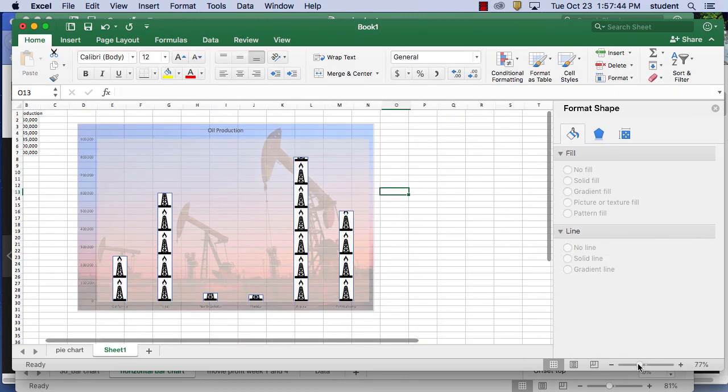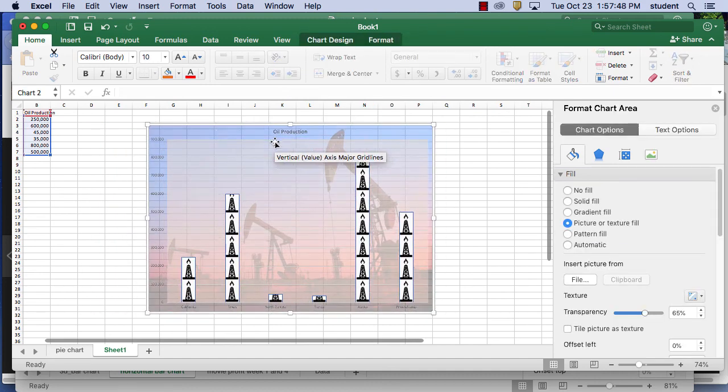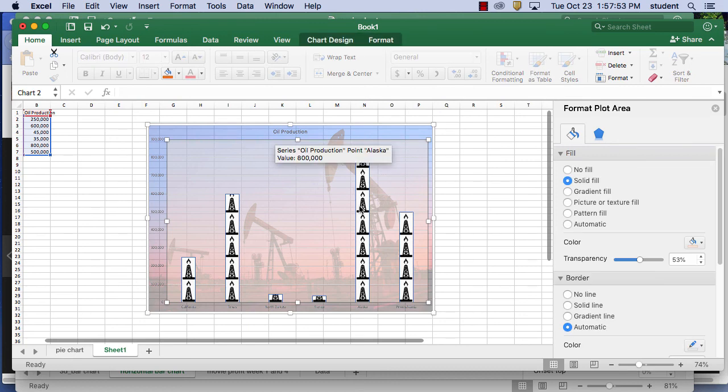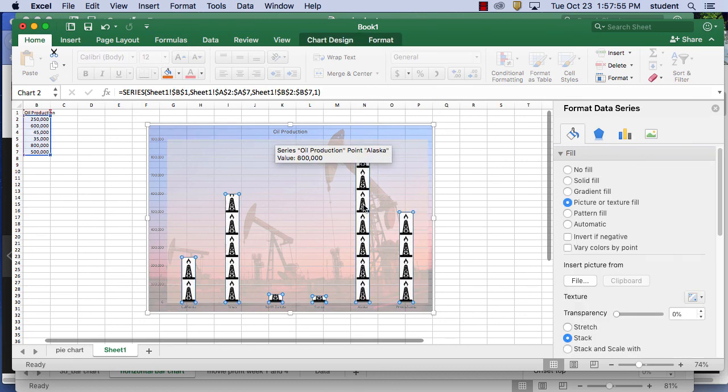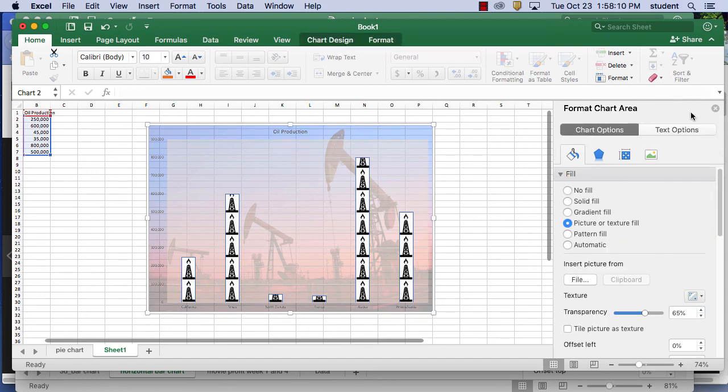So again, I gave my chart a background image. I turned the inside of the chart with some color. I put some graphics into my bar chart here. I put a line around there as well as a border. And you can quickly then see which are the largest oil producing states from just looking at that data. And then of course move this to its own